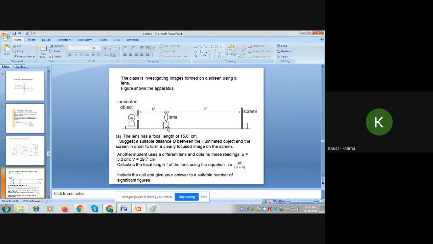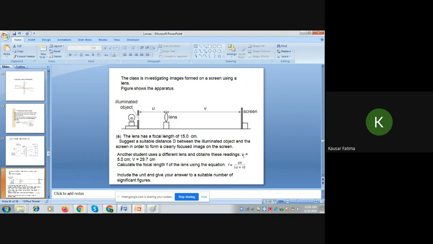We have to count f is 15. So 15 plus 15, 30, and we have placed it at 20. So 20 plus 30 is 50, so 50, 60 centimeter will be the right answer. Okay, now